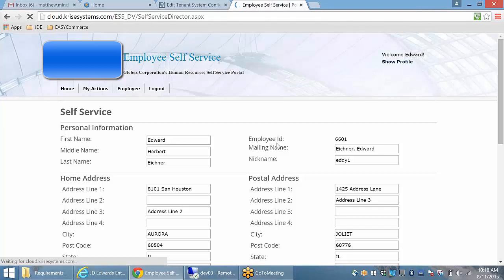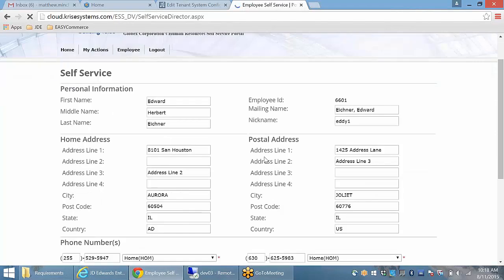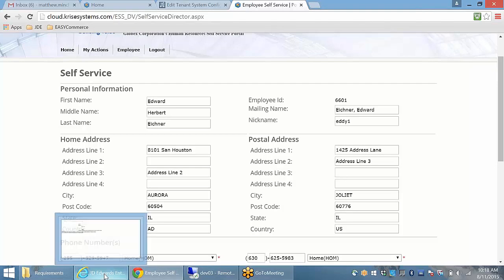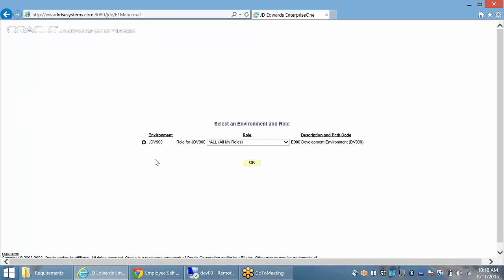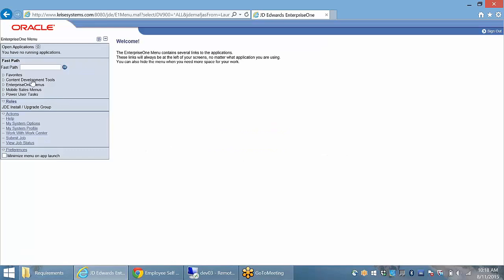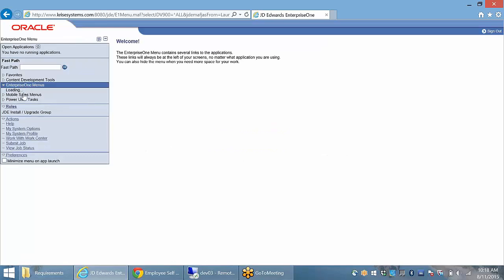That's a good point. So working through the business functions in JD Edwards, it's as if you're working directly in the JD Edwards programs, doing this yourself. So any level of customization that you might have done with JD Edwards will be reflected. Absolutely. And then just to verify the change, I'm going to log into JD Edwards